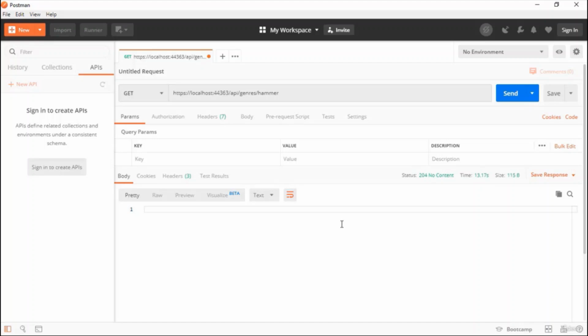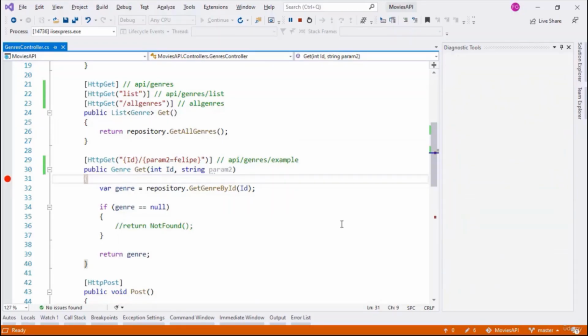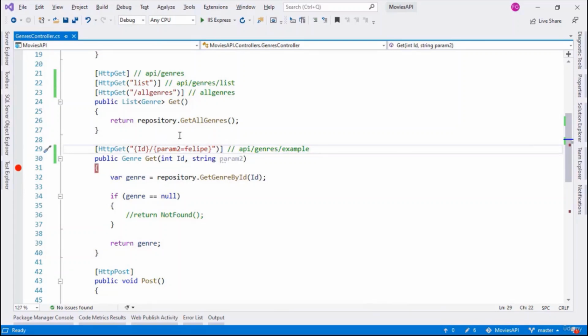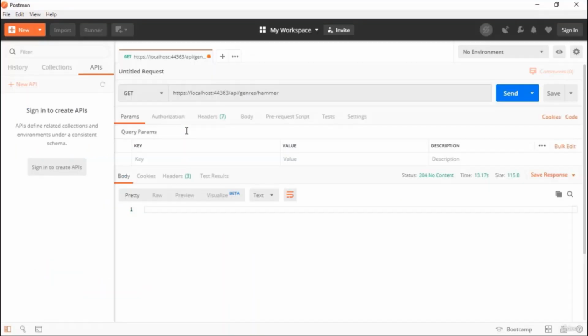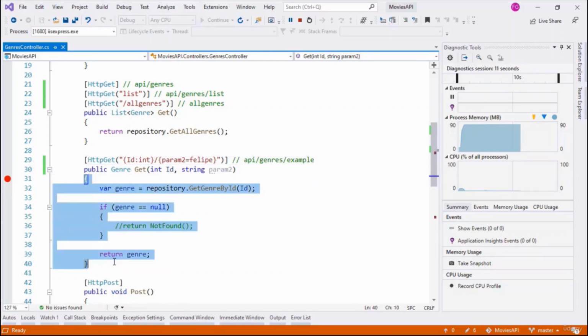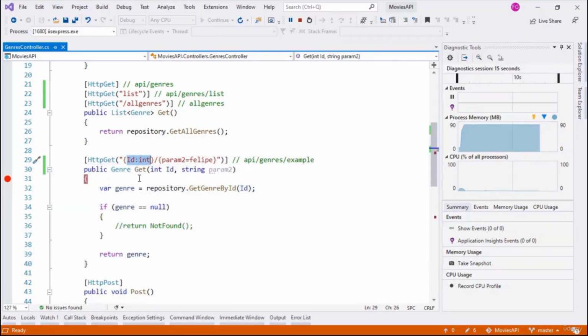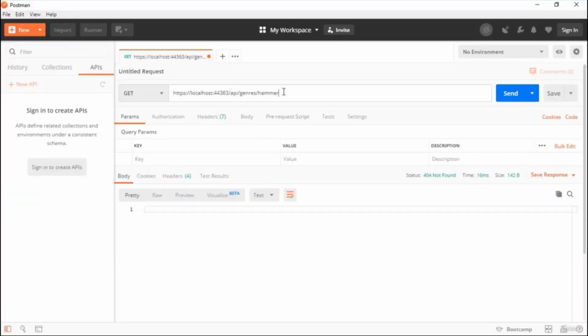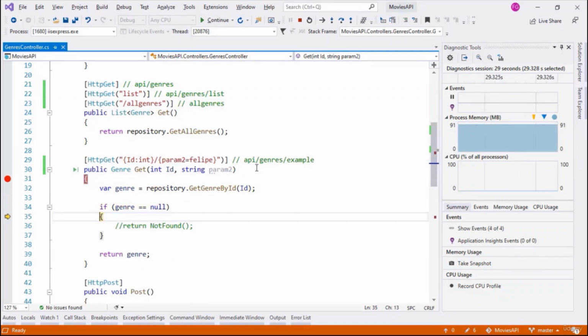Let's fix the first issue. Let's go to Visual Studio, press Shift F5 and use a route constraint. With a route constraint we can define the specific data type of a parameter. So here I can say int and that's it. Now if I press F5 and try to make the same request, let's press send. And now we're getting a 404, but we're getting a 404 because we're not entering into this method, since the route constraint wasn't respected. But we remember that if we pass an ID like 0, for example, or 3, let's press send, we go through, the genre is null,